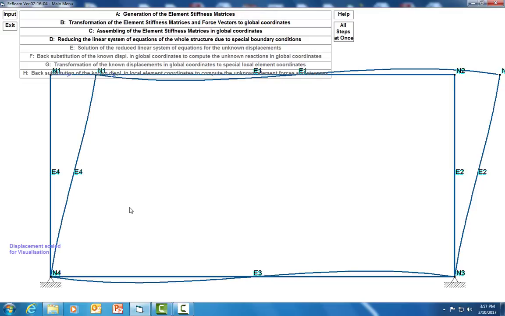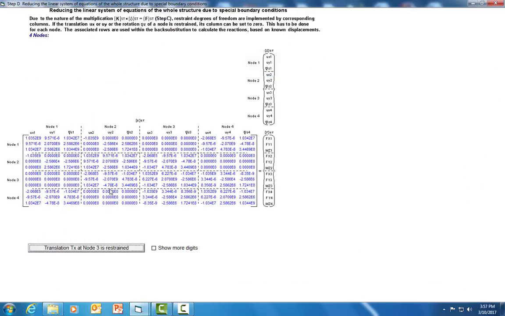So we have assembled. Now reduce the linear system of equations of the whole structure due to special boundary conditions. So we click that, and we see here there are node 1 and 2, the global stiffness matrix after assembling, and these are here now